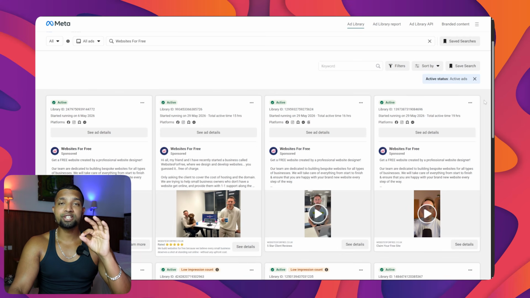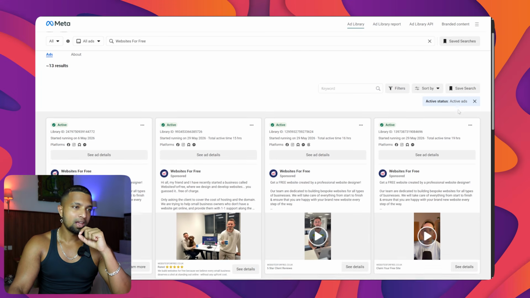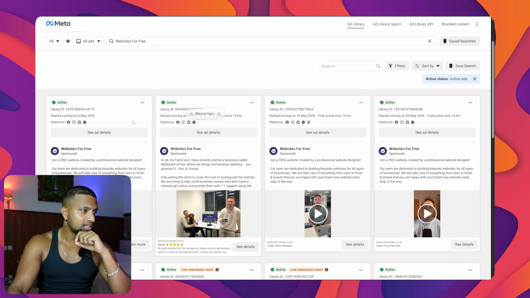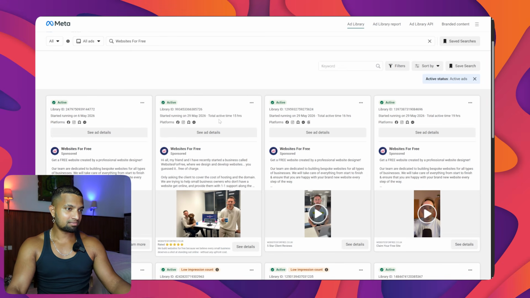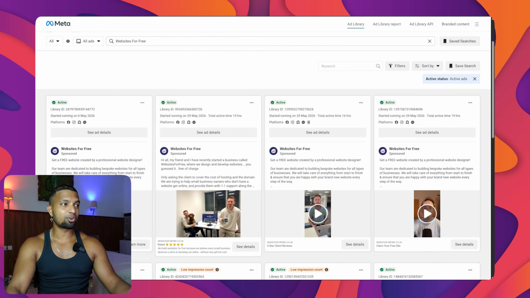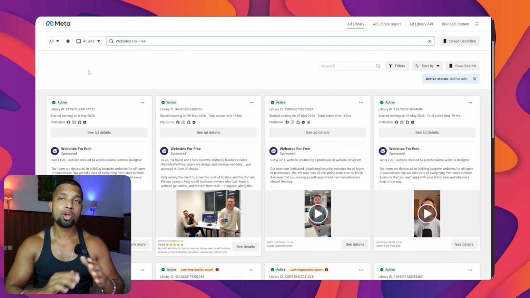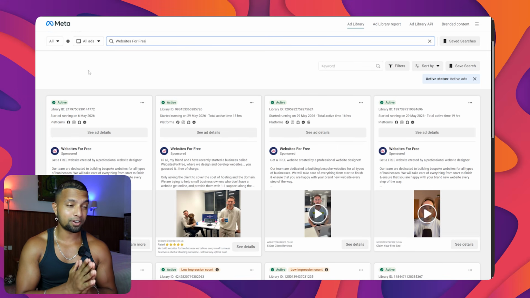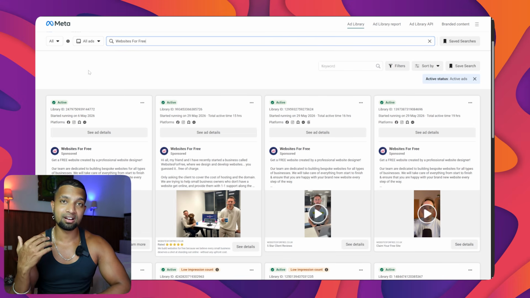And the best way to figure out which ad is performing well is to always have the active ads open. And here you can see the date and time. So this ad started on 6 May and this ad started yesterday, and most of these ads were launched yesterday. And you can just go back and see all the other agencies and what they are doing, and you shouldn't copy the entire thing they are doing. Just get the inspiration and start creating your own creatives and start testing your own ads